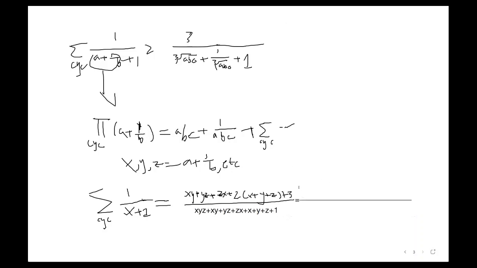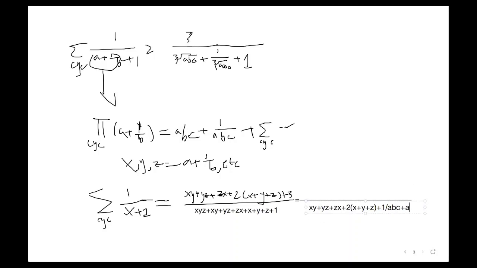Okay, I'm lazy. So now we can use the properties of the numerator. I guess we can keep the numerator as is. We can do with the denominator as before. So the denominator becomes xy plus yz plus 2 times x plus y plus z plus 1 over